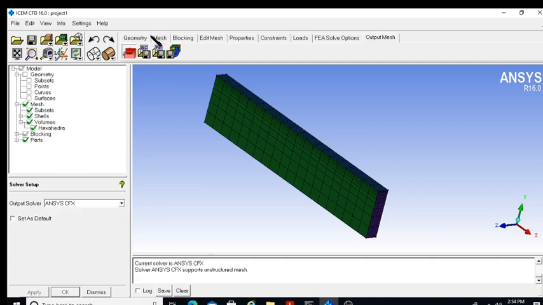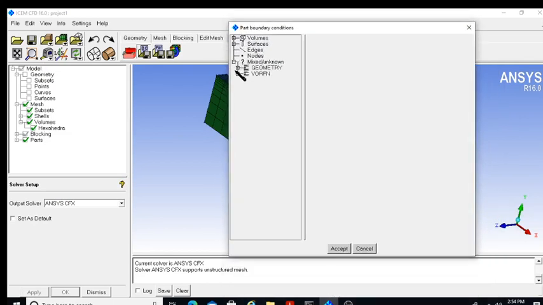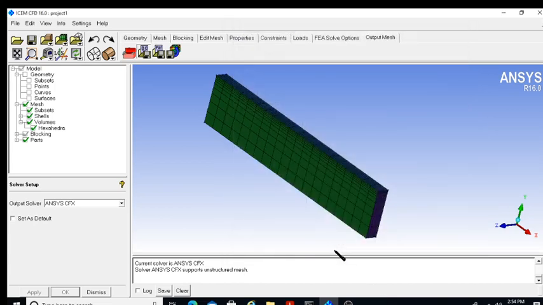I just apply it, and if I want to see the boundary conditions, because I have given particular names to those surfaces, for example on these two-sided surfaces I have given different names, so these names become my boundary conditions. I will be able to look at the different boundaries. Let's say I go to the volume, and one side is fluid. Right now it does not show any boundary. Once I accept it, what happens is